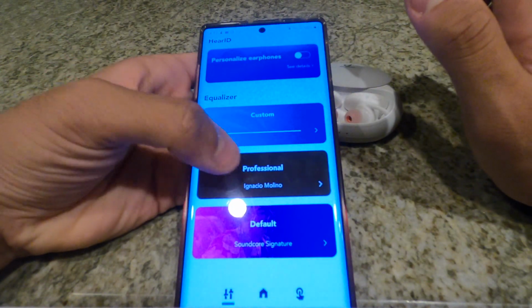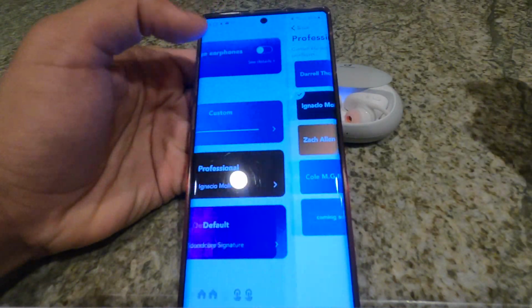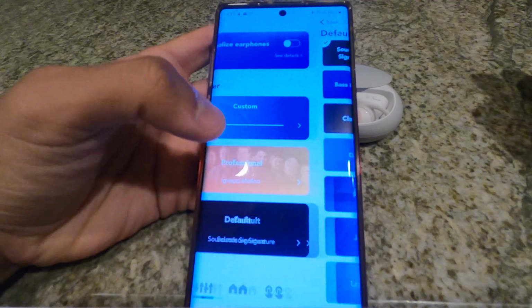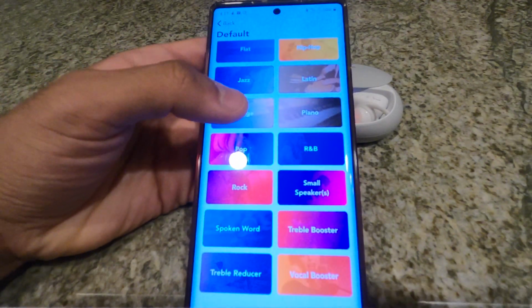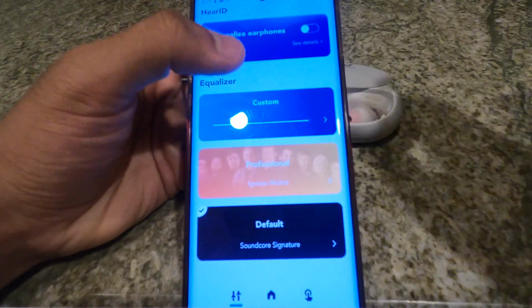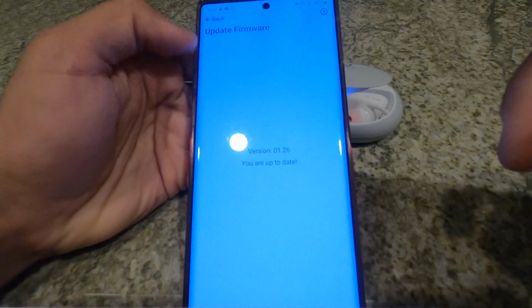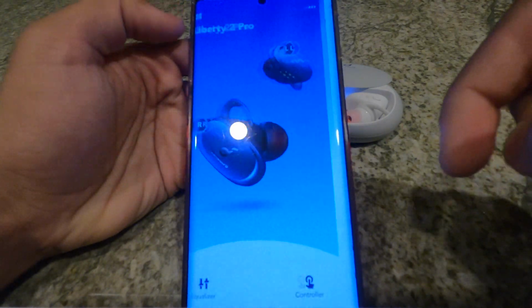Not only do they have such a great arrangement of EQ preferences, but you can also use the feature Hear ID, which is very common with Liberty headphones. You put the headphones in your ear, they give you a sound test, and based off of your hearing preference, you will be able to customize a range of sound that you personally will like. And that is another major plus, that you can customize your own sound, you can make your own EQ, and